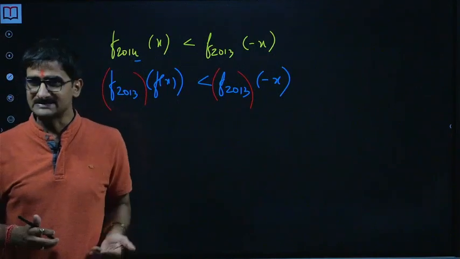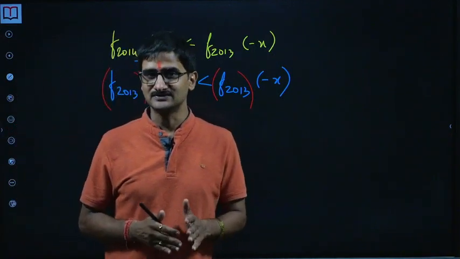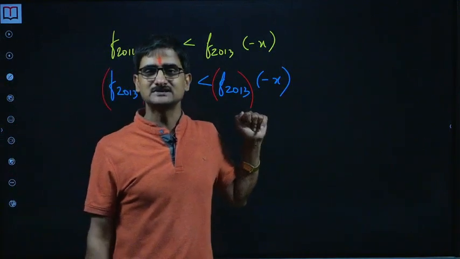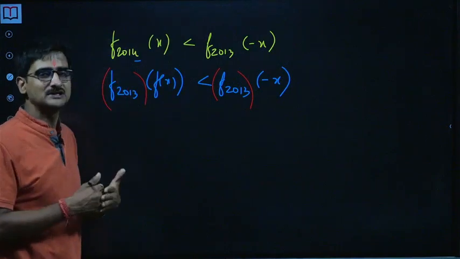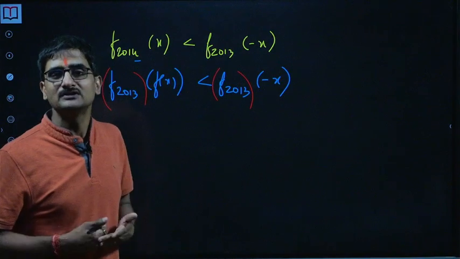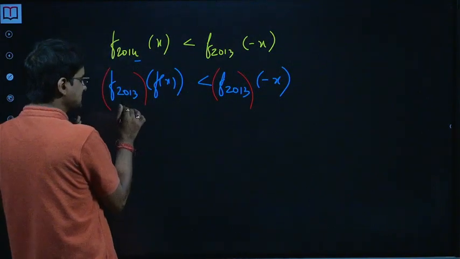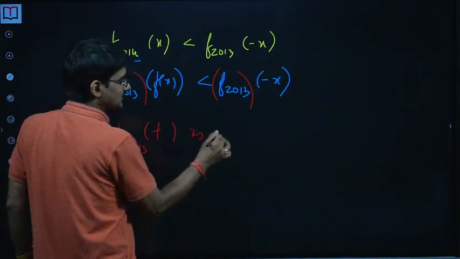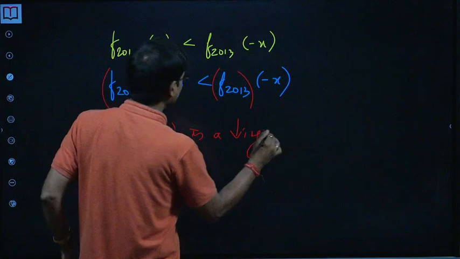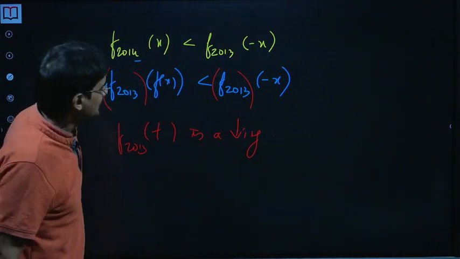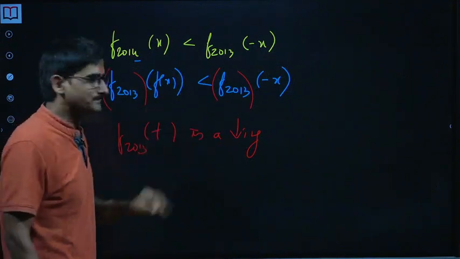f of f of x will again be a decreasing function. So every odd subscript is decreasing, every even subscript is increasing. So the 2013-times composition will give us a decreasing function. That means f₂₀₁₃(x) is a decreasing function. As I said, if we know that a function is decreasing, we can compare their inputs